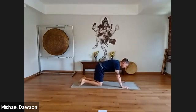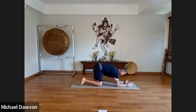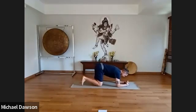I'm just going to quickly demonstrate the dolphin pose. It's a very good pose to practice your headstand without actually placing your head down on the mat. So if you just bring your elbows down onto the mat, to judge the correct distance, you just place your hands on the outside of your elbows. So that gives you the correct distance between your elbows. Place your hands down on the mat, interlace your fingers, and then from here,